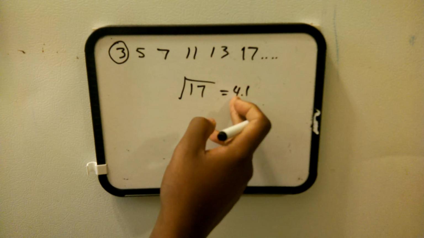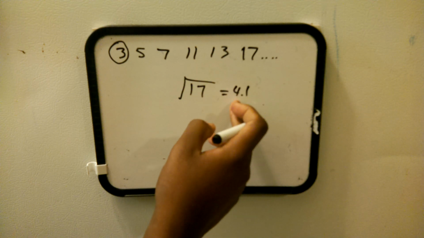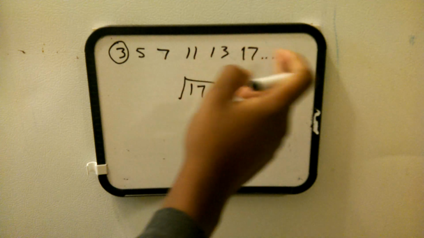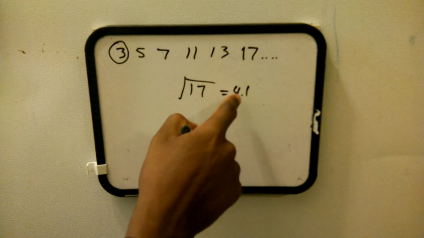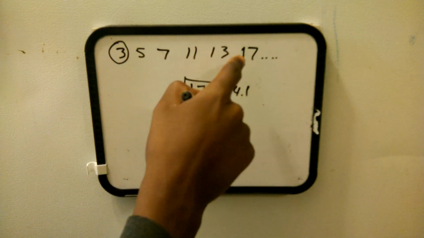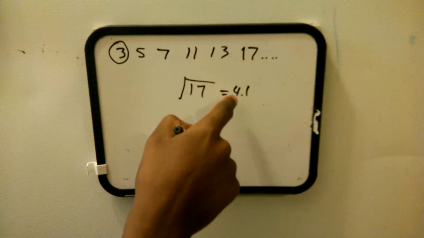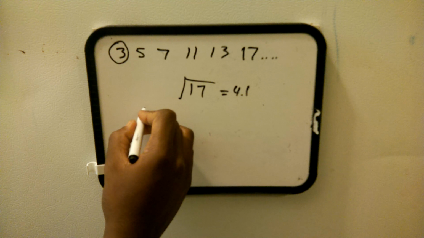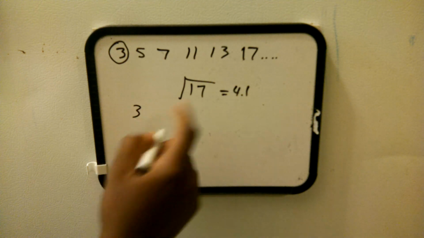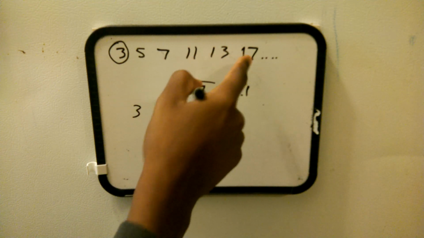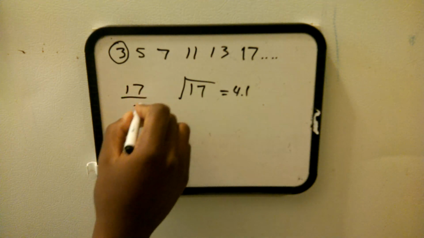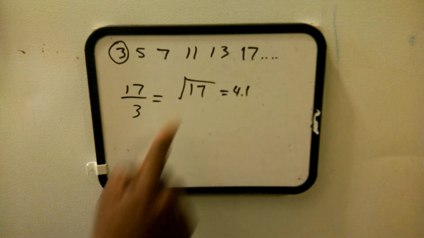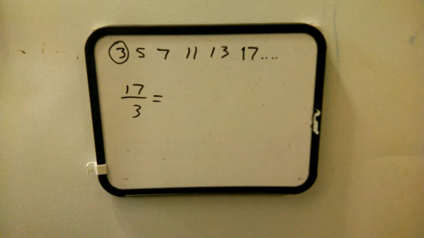So all the prime numbers lower than 4 are the prime numbers we need to find the next prime number. The only prime number in this sequence that's lower than 4 is 3. So we're going to use 3 again. So 3 is going to be what we use. So take the number 3, and you're going to do 17 divided by 3. 17 divided by 3 equals, and I'm pretty sure we figured this one out pretty easy,